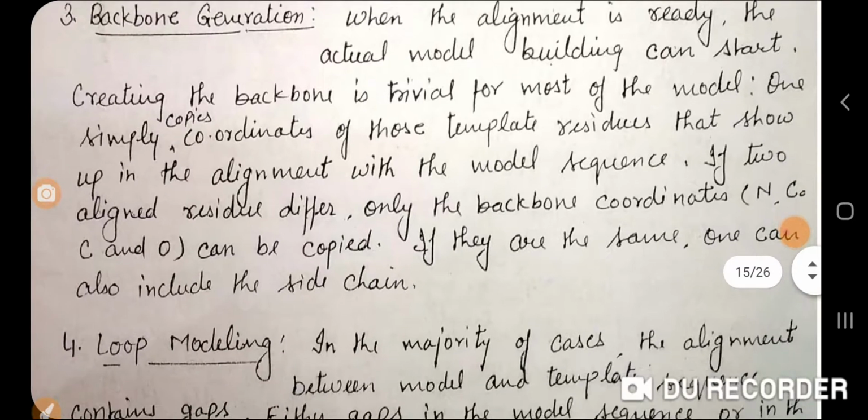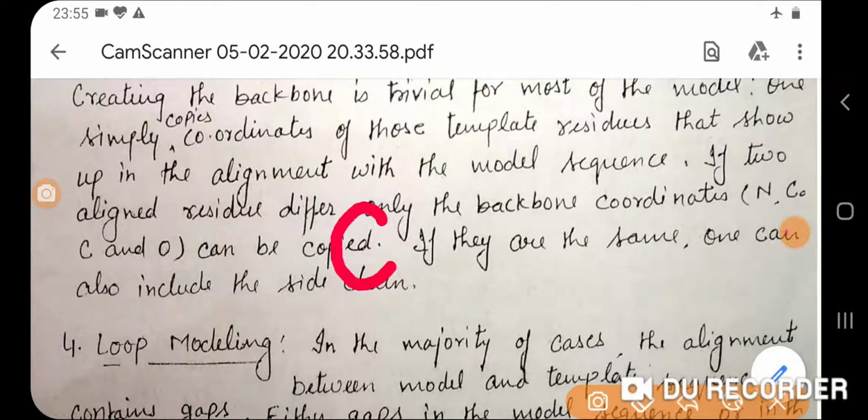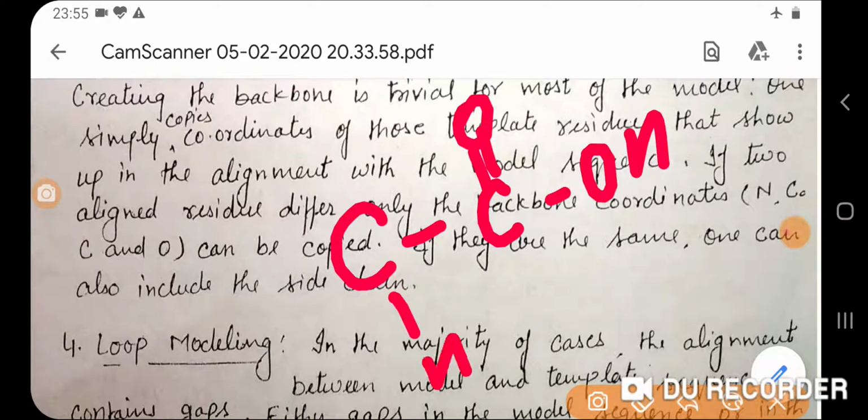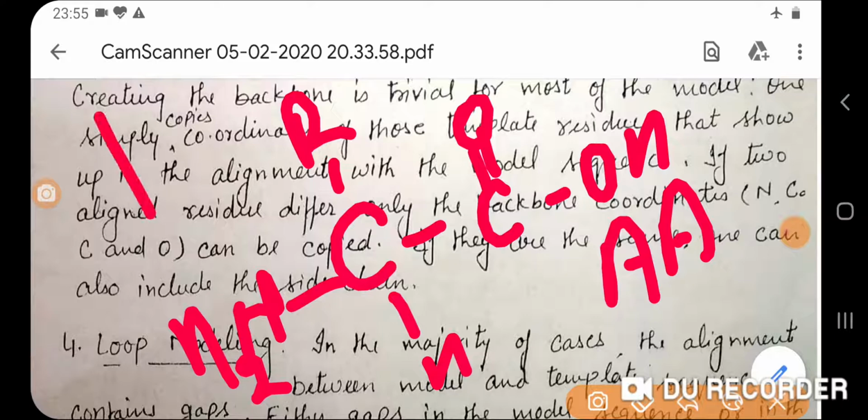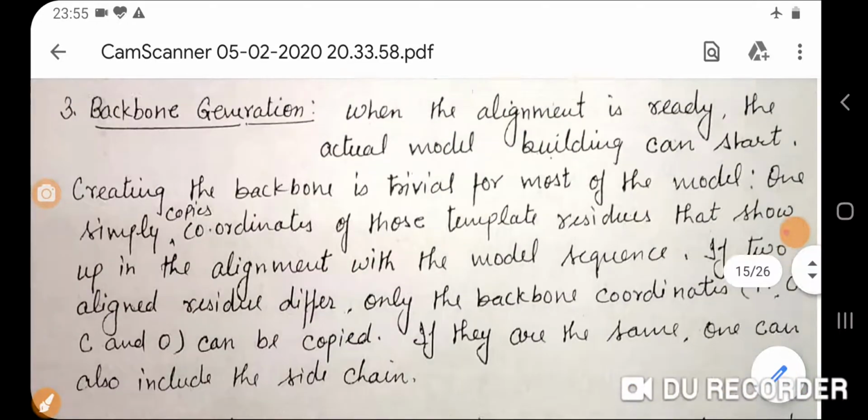Creating the backbone is trivial for most of the model. One simply copies coordinates. Coordinates means a protein molecule, like C, OH, H, R, N, H2. So this is a protein molecule. So there are coordinates, this is an amino acid. Likewise, there are several amino acids in the protein. So for the protein amino acids and the template, it will copy the coordinates, like these are the coordinates. अगर हम इसी structure को,